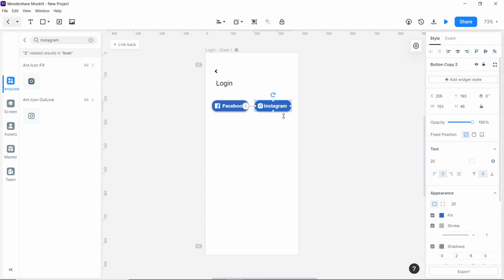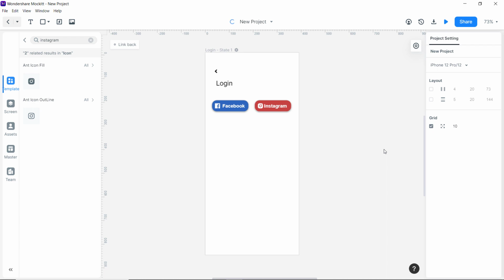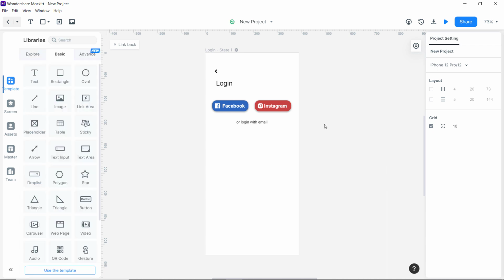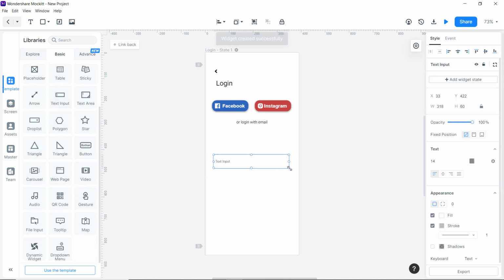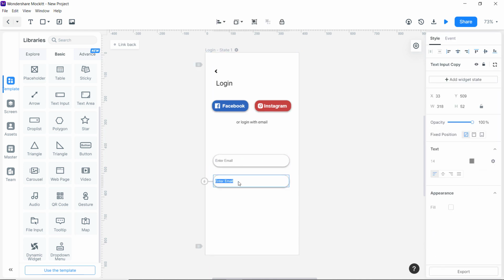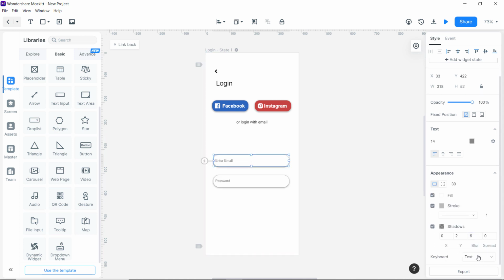So using some icons and our custom buttons, I have created these two buttons for social login and it's just looking perfect for the design. So this is not just a box. Of course you can play around with the different properties, like you can make it rounded, you can change the font color and all those stuff. But here you can specify the type of input you are expecting, and here you will get a keyboard which will behave accordingly for emails, numbers, passwords, etc.